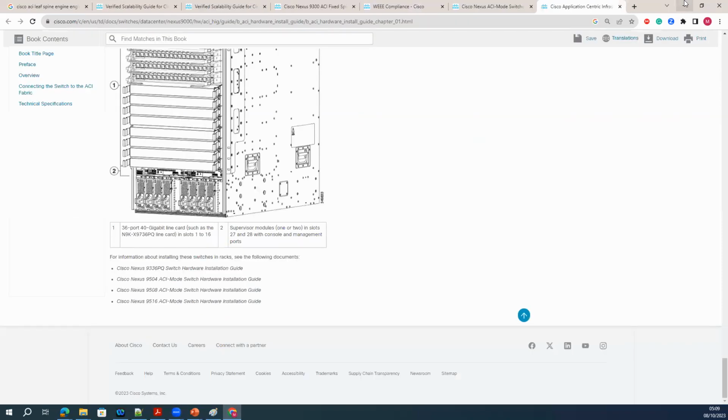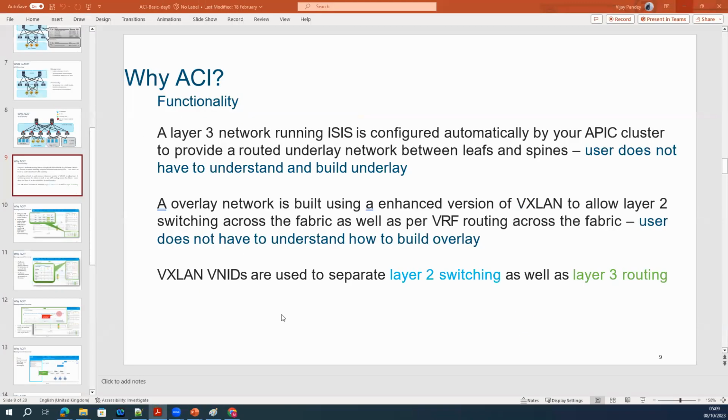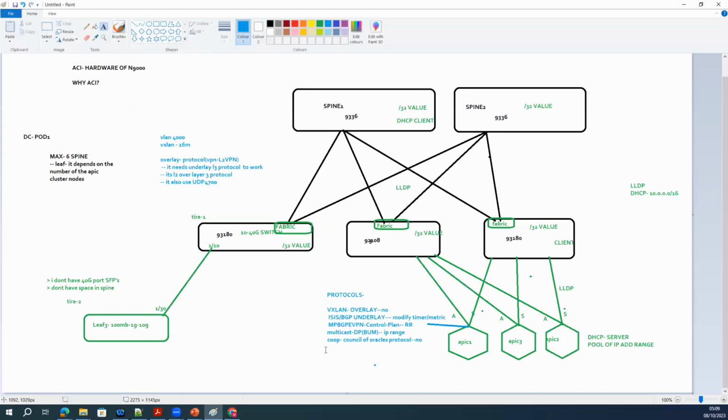So let me start with the APIC. Let's say that this is all the APIC functionality. APIC performs all the protocols. There is the ISIS routing protocol. Why does the APIC choose ISIS? Why not OSPF or EIGRP?